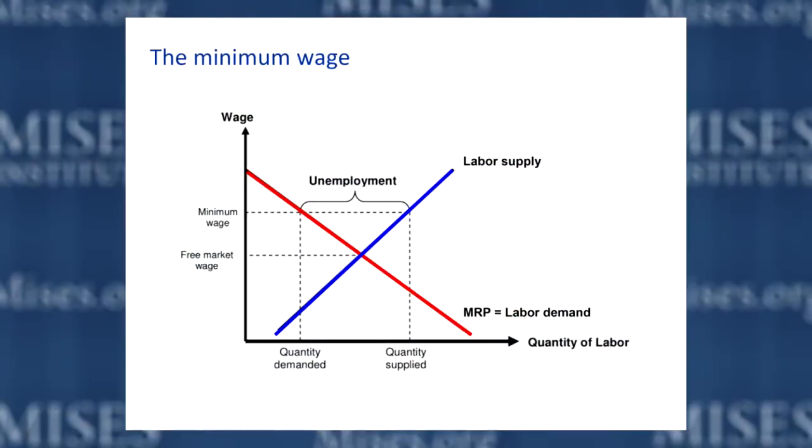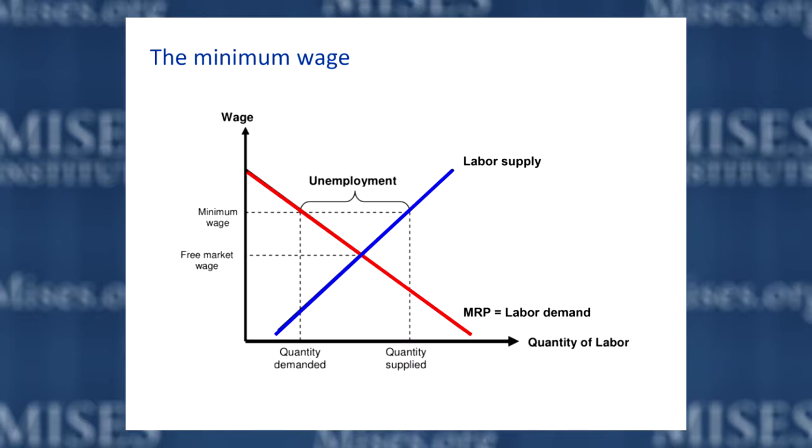And the way most economists understood this can be illustrated with a simple supply and demand diagram like the one I have on this slide here, on slide 10. Right, so imagine a market for labor in which you have the price of labor, the wage, on the vertical axis, and the quantity of labor, the amount of employment, on the horizontal axis, right? And if you have a downward sloping demand curve for labor and an upward sloping supply curve for labor, you get an equilibrium wage. What's indicated here on the diagram is the free market wage, right, where the red line and the blue line intersect.